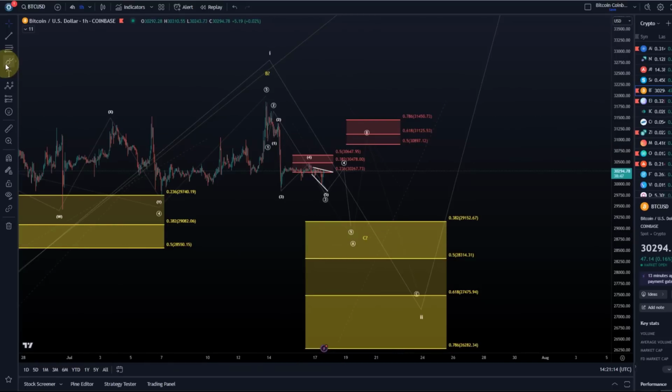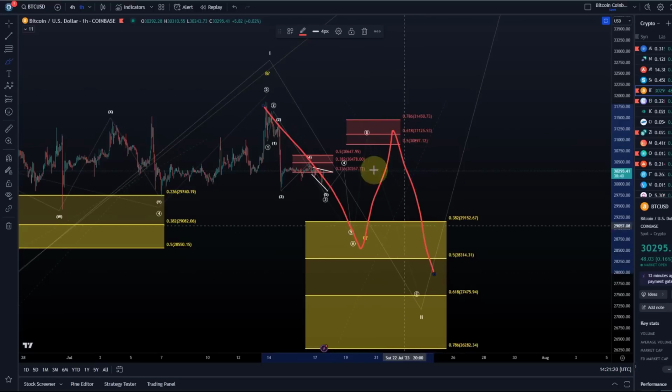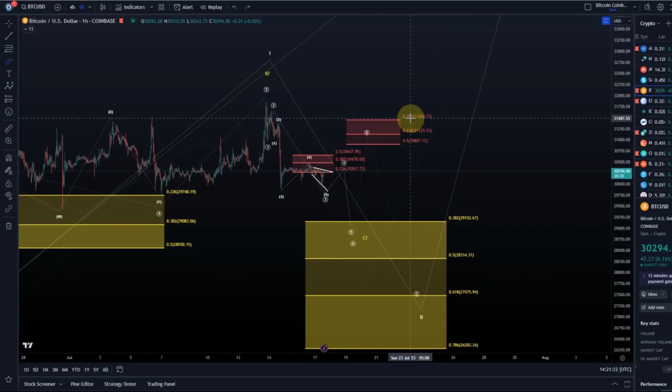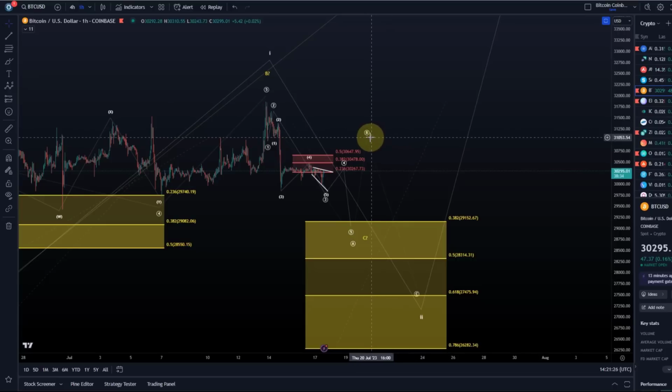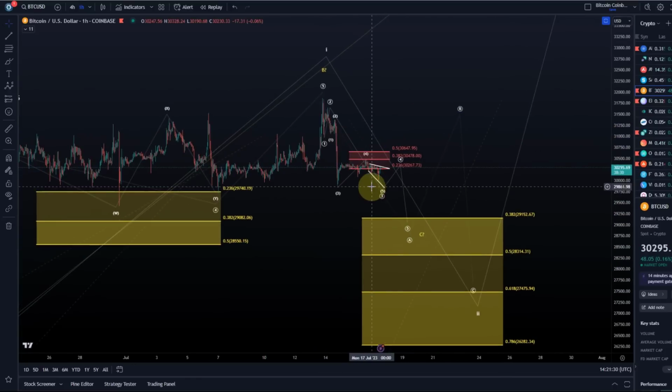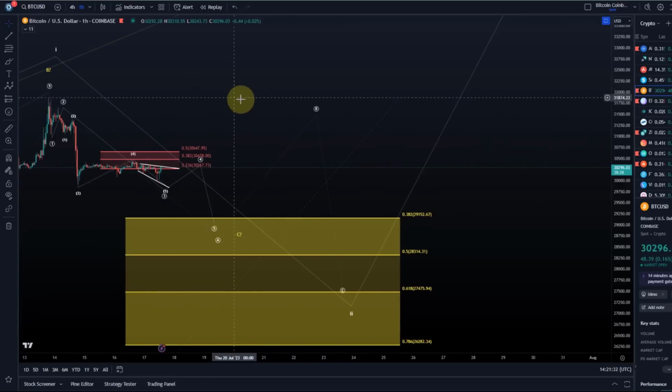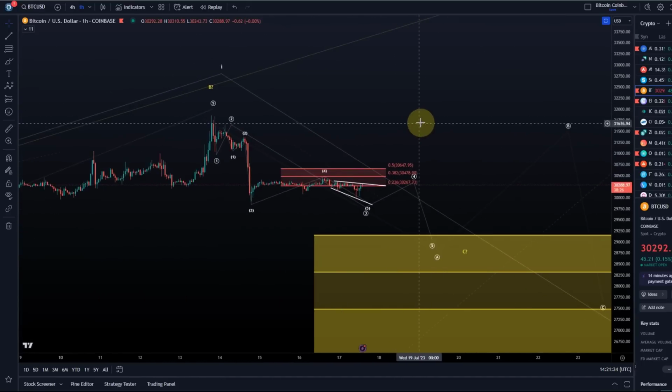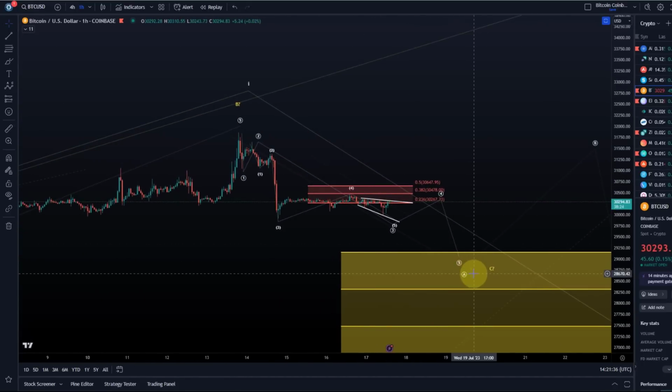At the moment, my assumption is still that we are in an A wave. We should at some point get a B wave and then a C wave down. I need to take that resistance off the chart again because we haven't got a confirmed low for the A wave, but I'm going to talk about the options and the relevant pivot points now. So if we zoom in, we can see that we are still looking here at a potential A wave to the downside